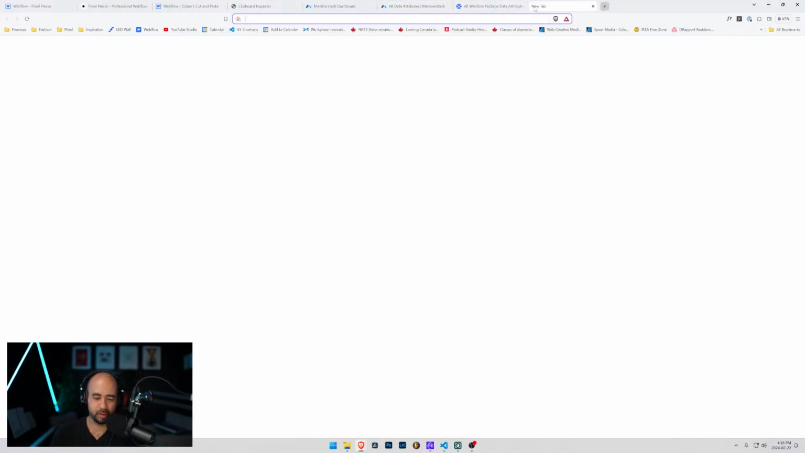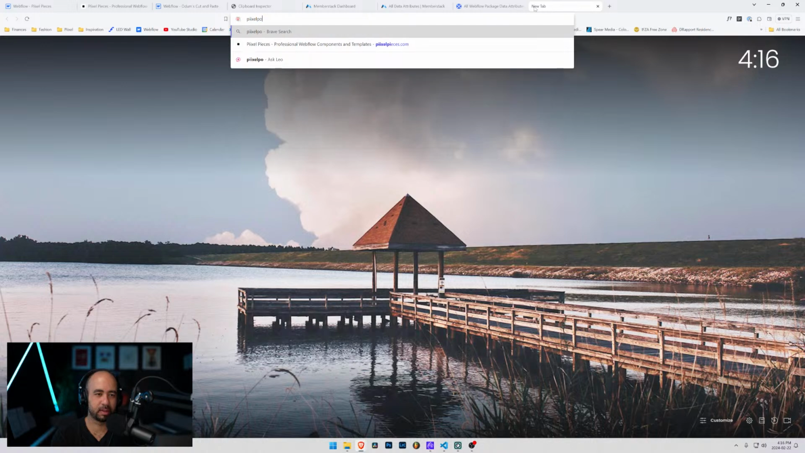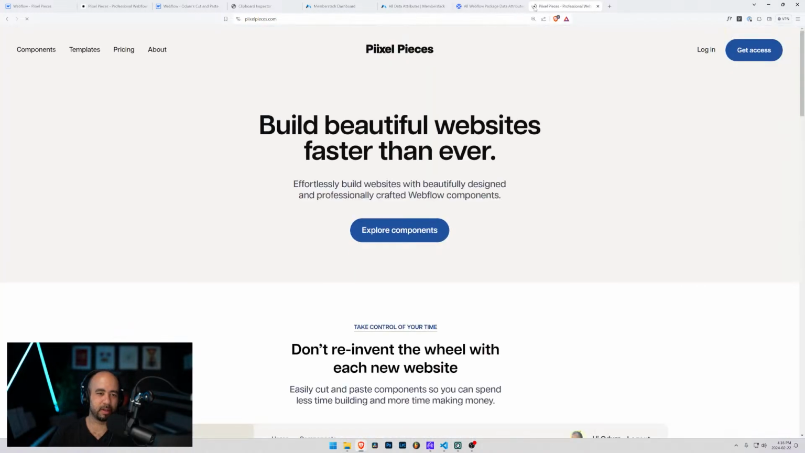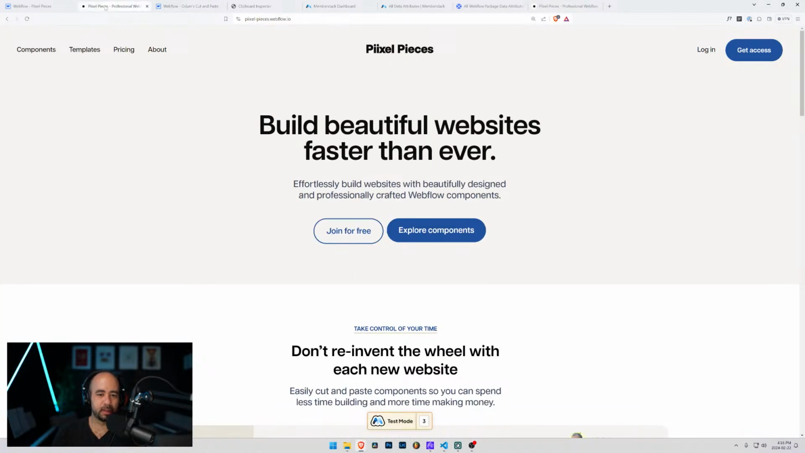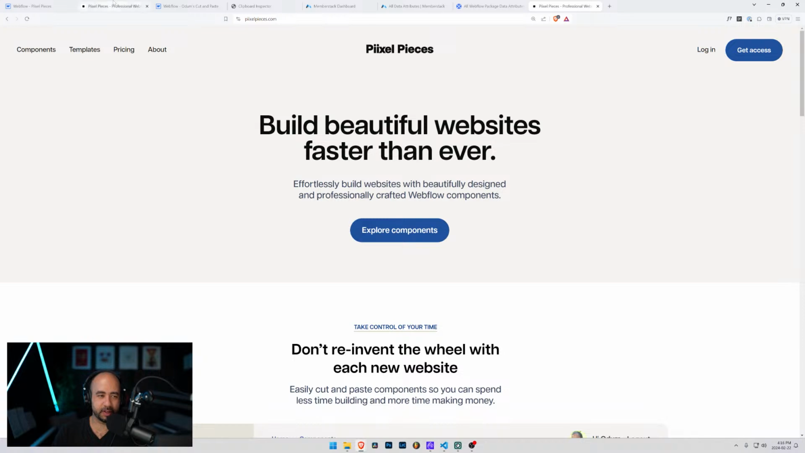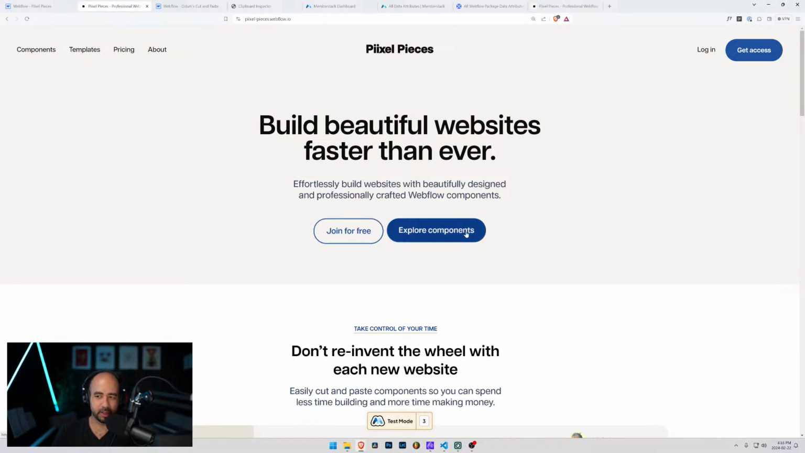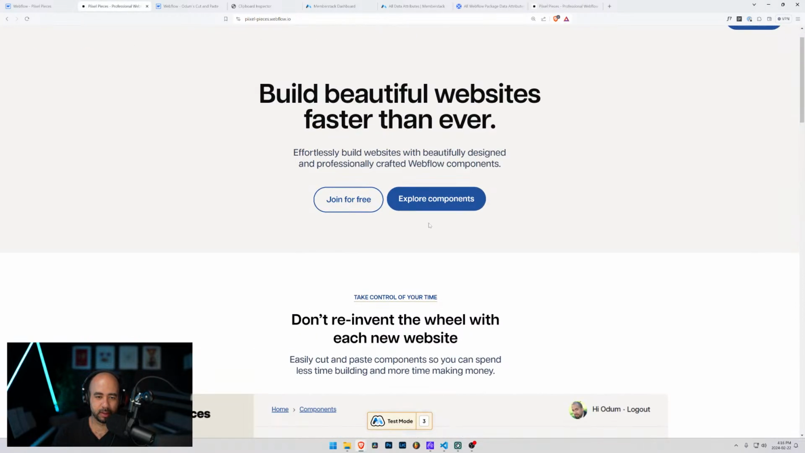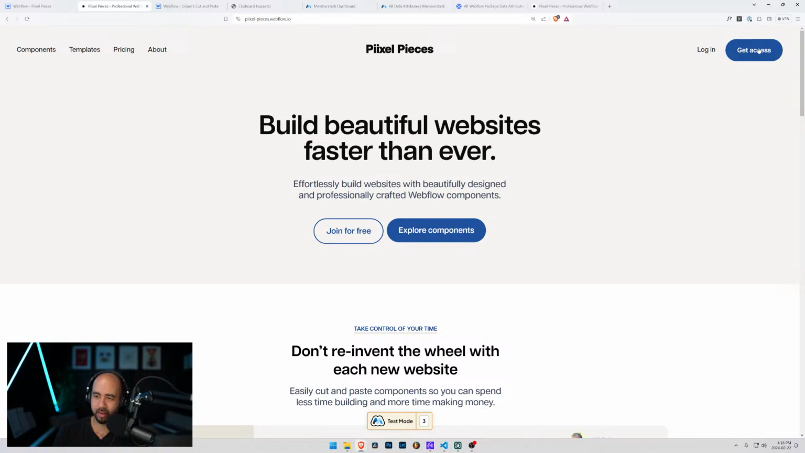Because let's go to pixel pieces. All right, now, actually the only difference I've made so far is I put this join for free. And there is one other thing too. So when I click get access and sign up, this takes me to the same page,